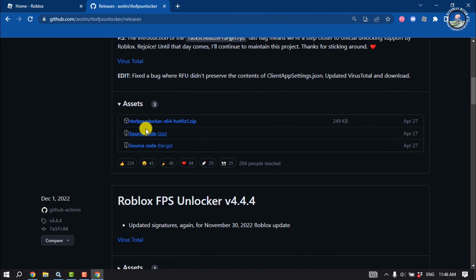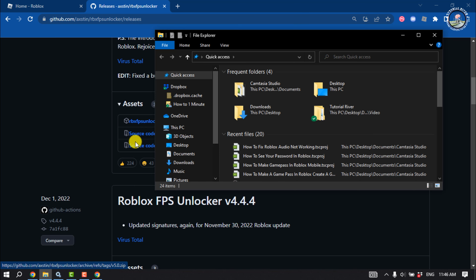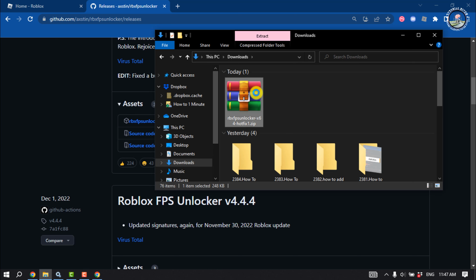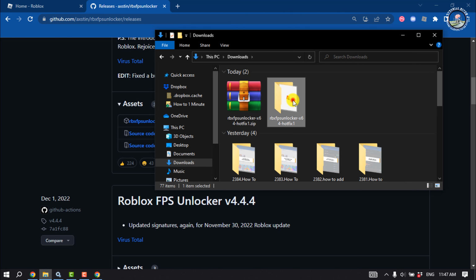scroll down and here you have to download this first zip file. Once it's downloaded, open your file manager and open the download folder and unzip this. Open the folder